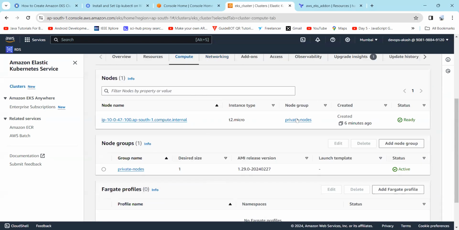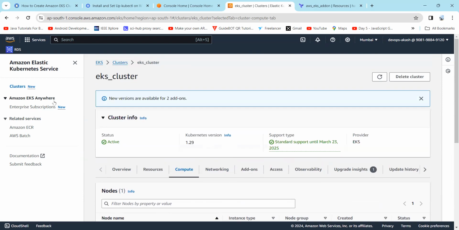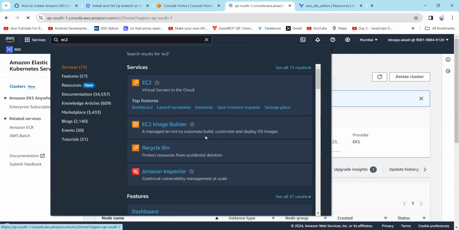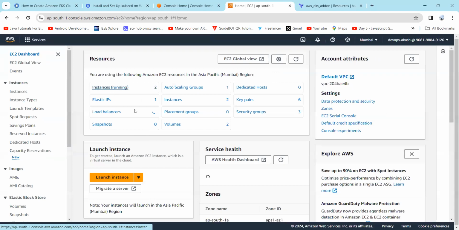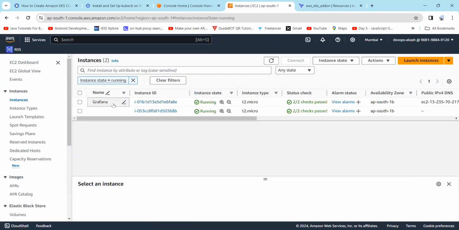And in compute, here you can find we have created the private node successfully. So let's check the private nodes first. Just type here EC2, click on EC2. Here you can find two instances. One instance is of Grafana,